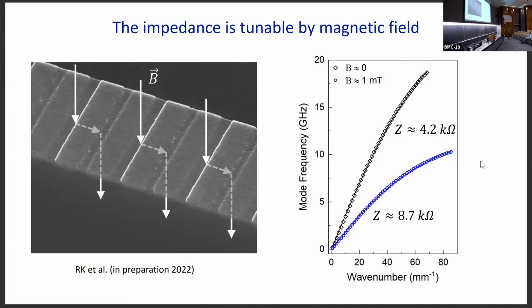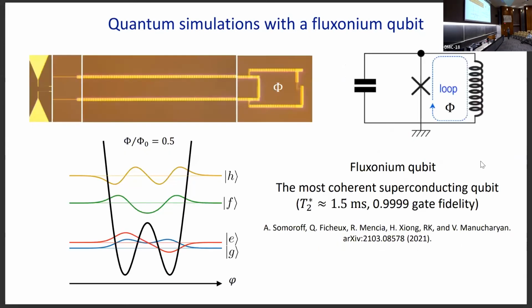One useful feature of this metamaterial is that you can tune its parameters in situ, in particular its dispersion and eventually impedance, just by applying a perpendicular magnetic field. So you can, for example, tune this impedance through the value below the resistance quantum to a value above the resistance quantum, without introducing any disorder or complications. It works nicely. So let me now introduce to those otherwise non-interacting modes, or actually very weakly interacting modes, an impurity.